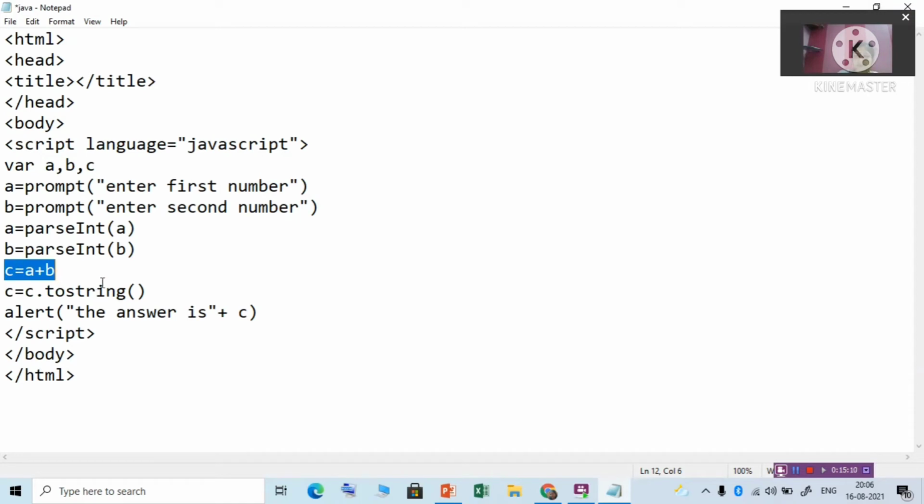You will get a number. After that, I have converted this to a string or a character by using the function toString. So now c becomes a character. So here the answer is, this is one string and this is one string, and both the strings are now joined together. So how is it working?